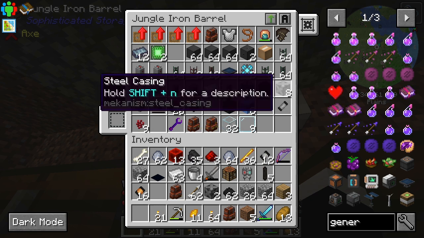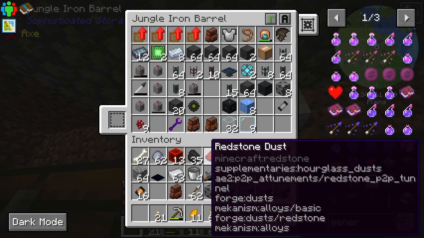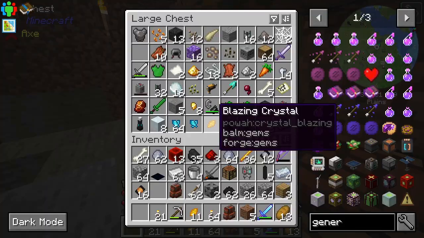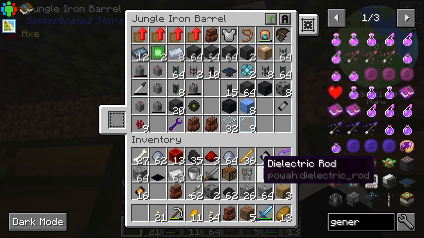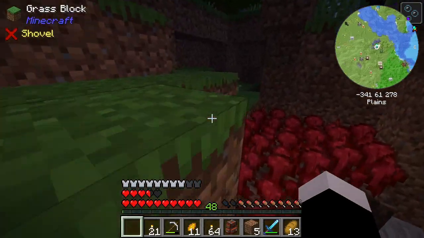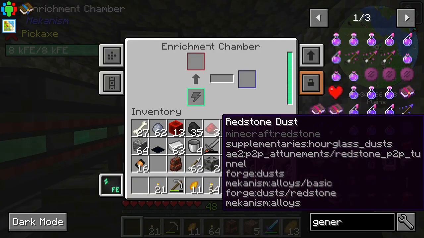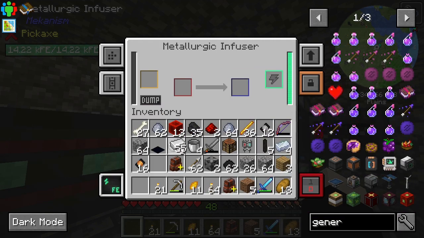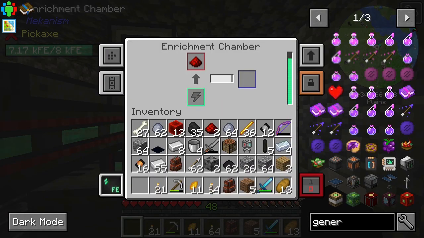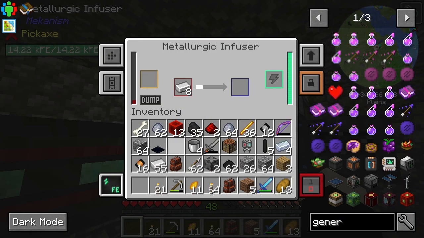Takes 2 steel casings. I think that was 4 osmium, but I'm not sure. Yeah, 4. And as for, oh, you see, I don't seem to have infused alloys. It's not that big of a deal. I'll just whip up some more of it in here. We'll enrich the redstone. That should be good for eight. And as soon as I got 2 of them, I'll build the gas burning generator,